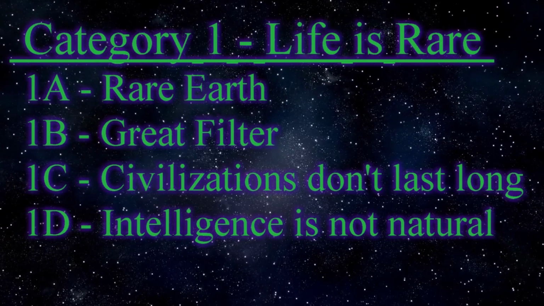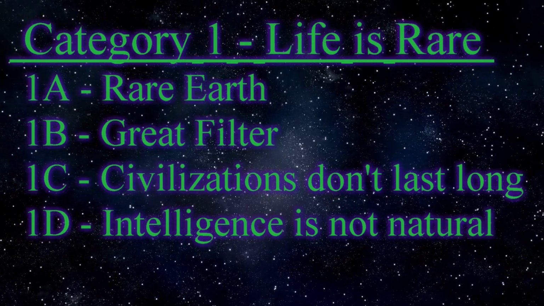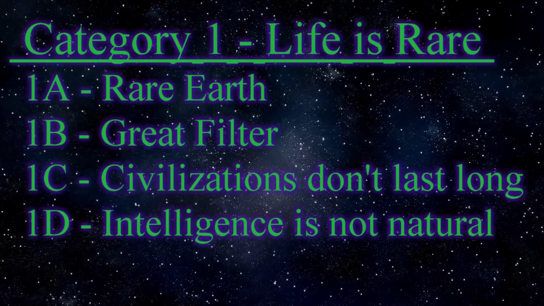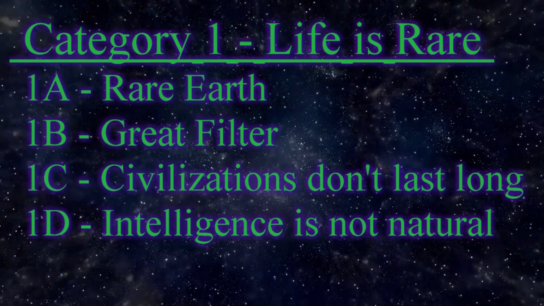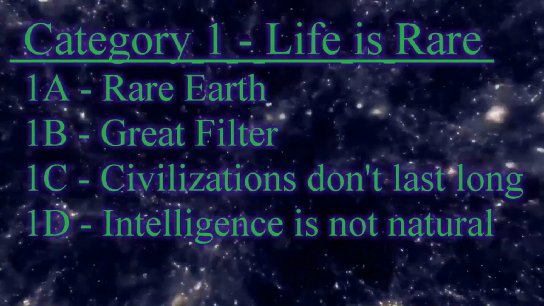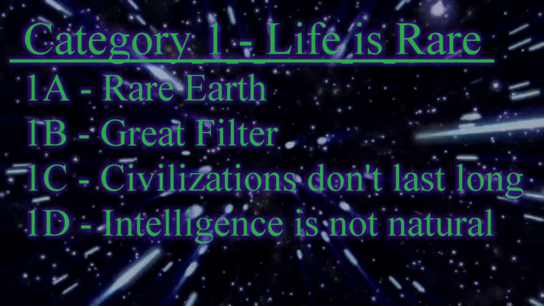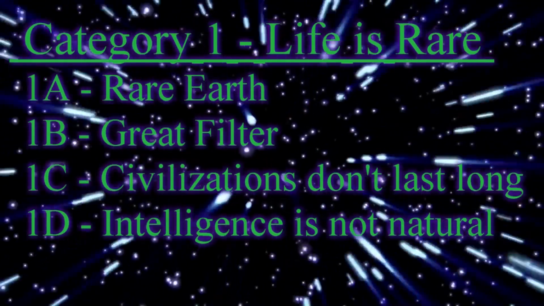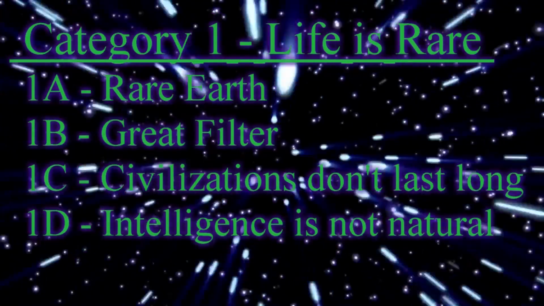There's no huge gaps in it. Its big weakness is that the lack of evidence weighed against the sheer size of the universe and the mediocrity principle, the notion that when you only have one example of something you should assume that it's pretty normal or mediocre. Category 1 can rub people the wrong way exactly for that reason.